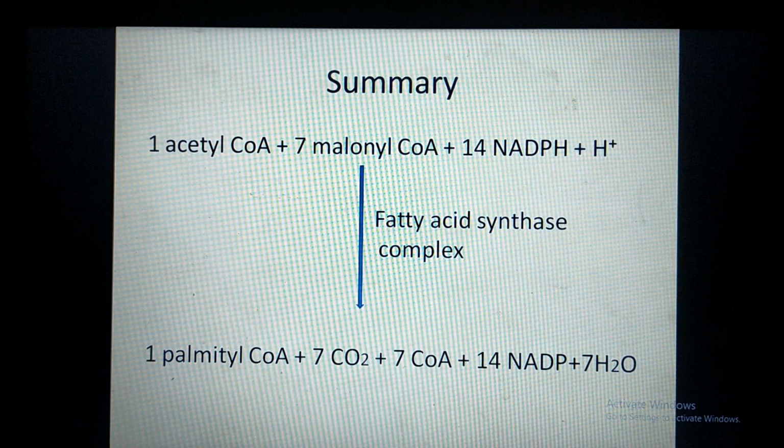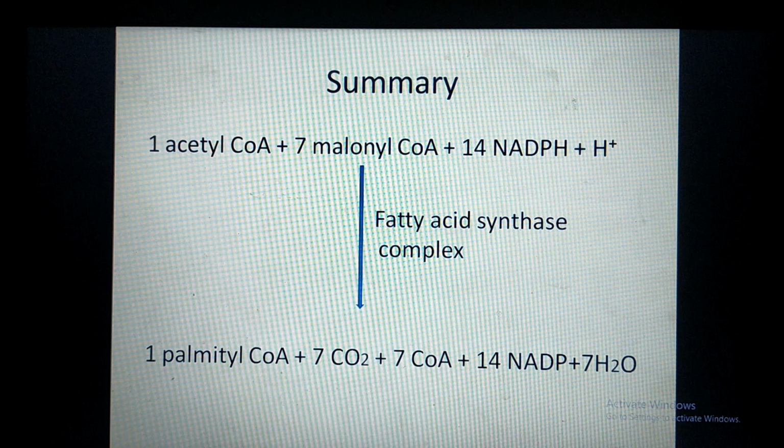One acetyl CoA, which initially combines with the condensing enzyme, and 7 malonyl CoA of 7 cycles, 1 in each cycle, is added to the acyl carrier protein. Each cycle requires 2 NADPH, so it requires 14 reducing equivalents, and they get converted into one molecule of palmitic acid or palmityl CoA. Palmityl CoA is the activated palmitic acid,